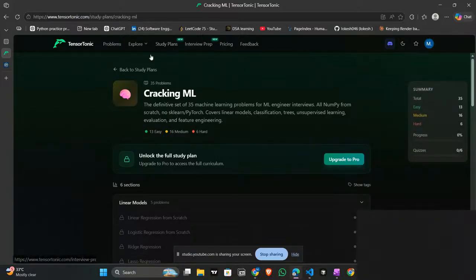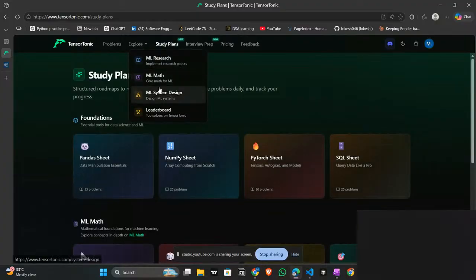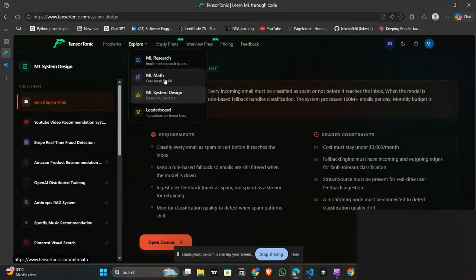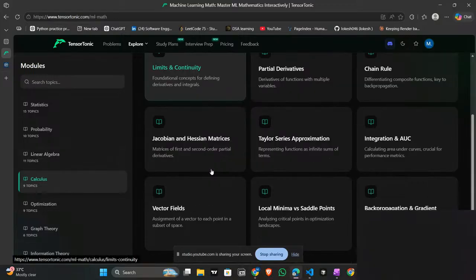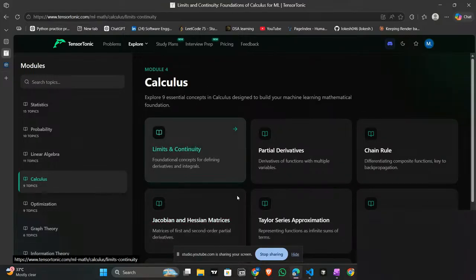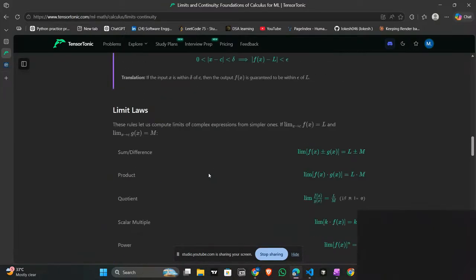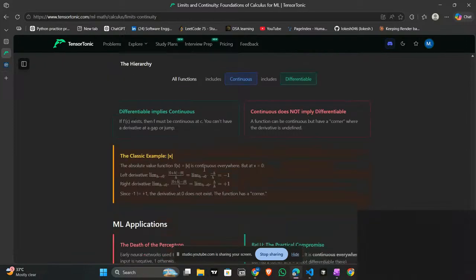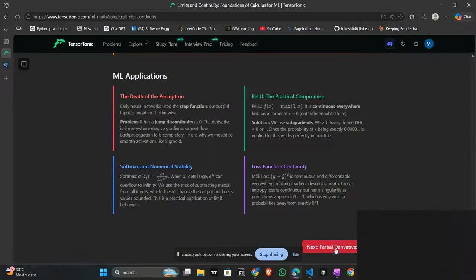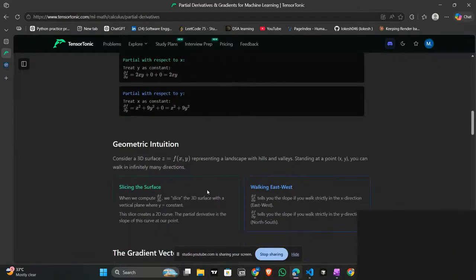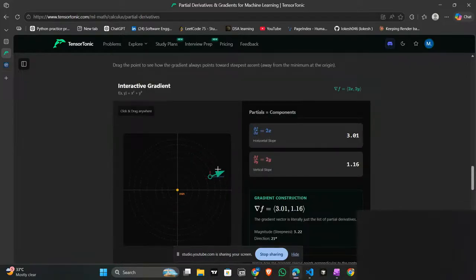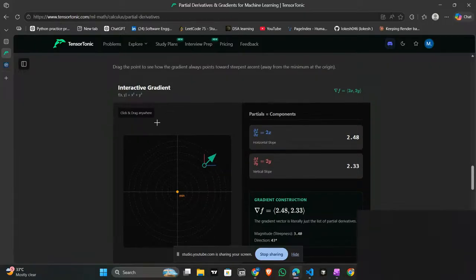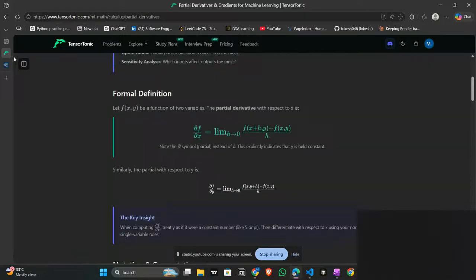They have ML math, and they have given concepts to study with an explanation of how it works.